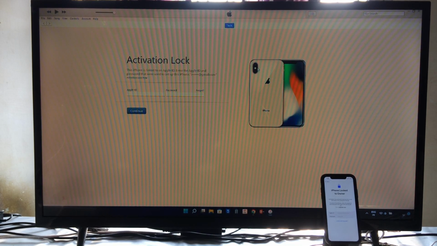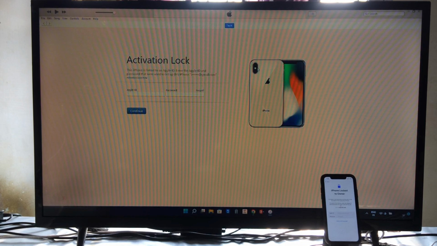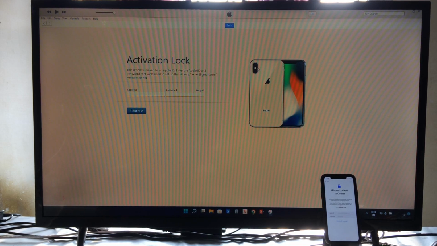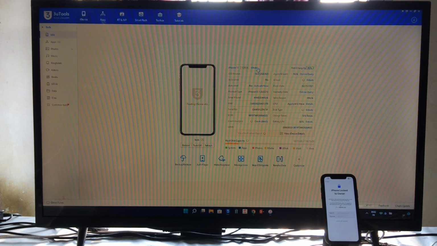And we especially are not required to jailbreak, because as we know, if I jailbreak this device, then this iOS is not going to be functional. Especially when I insert a SIM card, the SIM card won't be functional in that iOS. So that's why we are not going to do a jailbreak. So right now, see guys, if I disconnect and connect this data cable to my